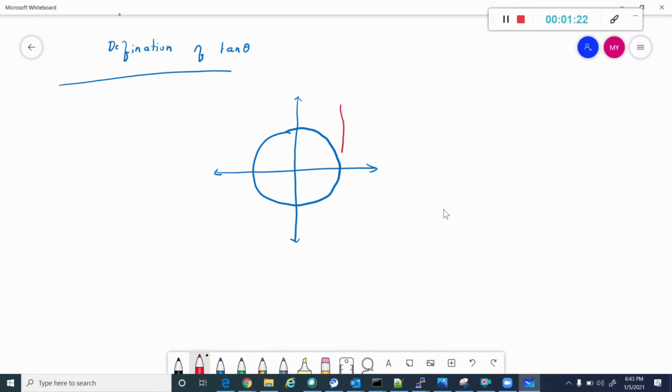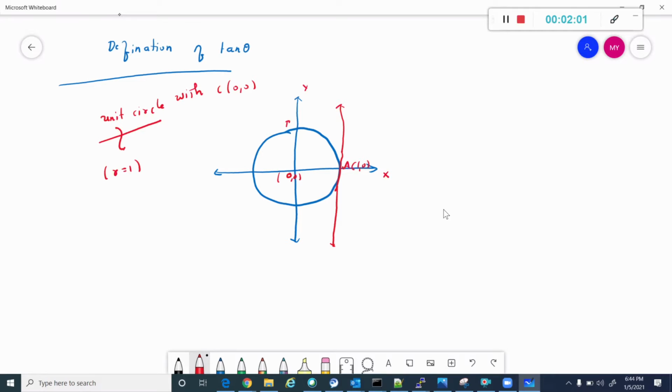So let me recap the tan theta definition for you. This is very important, right? We have considered a unit circle with center origin, right? Once I say unit circle, it means the radius is equal to 1. So my center of the circle is origin and the radius is 1. So this point will become 1 comma 0, right? So what is B?